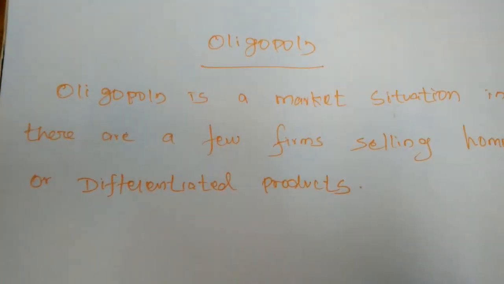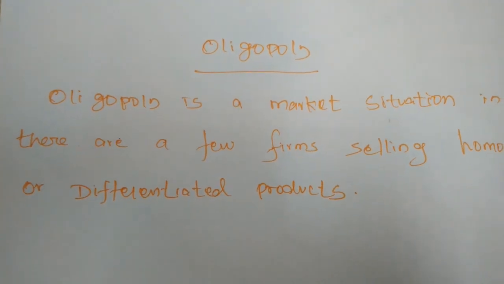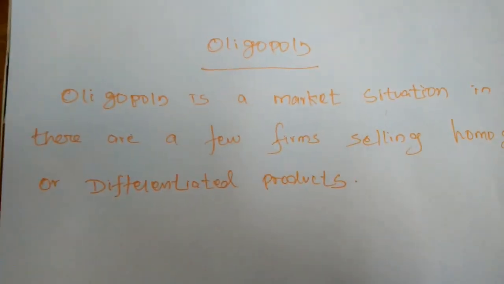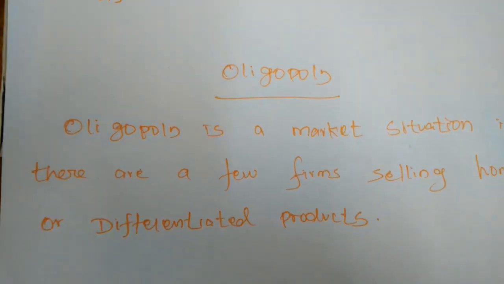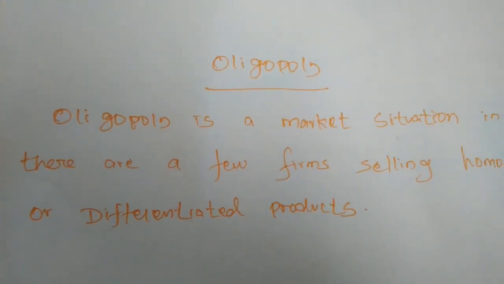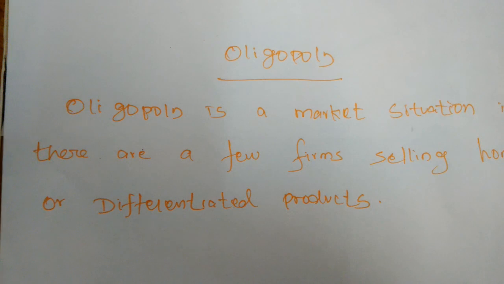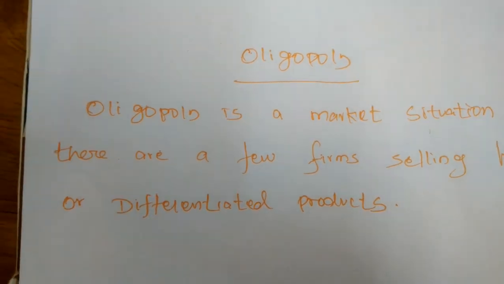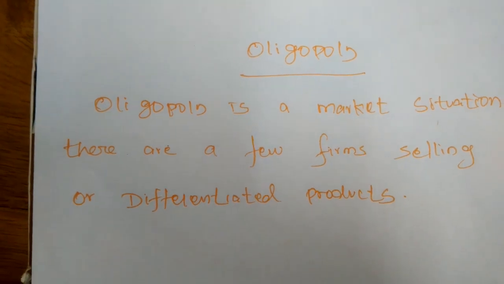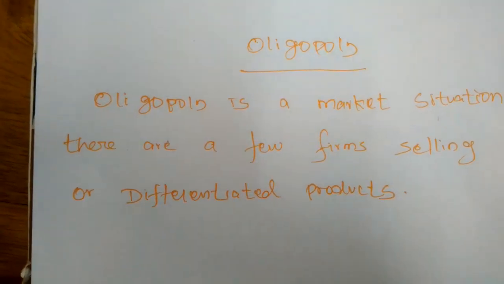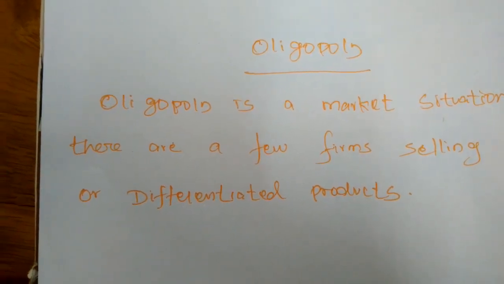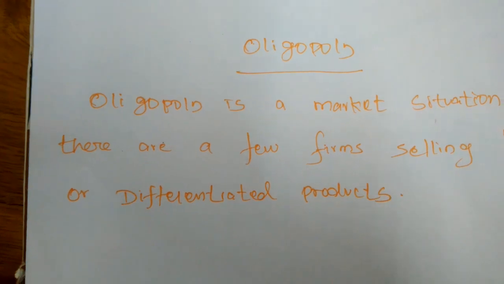Indian Gas, Bharat Petroleum and other gas companies. Only 5 or 6 companies are there producing gas, such as Indian Gas, Bharat Gas and Reliance Gas. It is difficult to pinpoint the number of firms in competition among the few. With only a few firms in the market, the action of one firm is likely to affect the others.